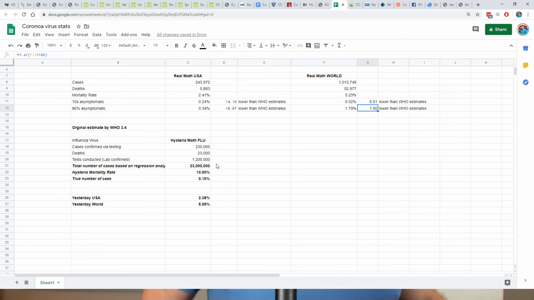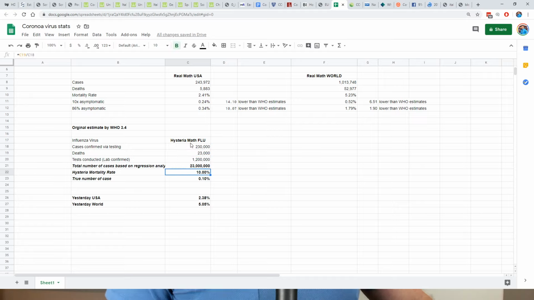And again, we compare it to the flu. Big difference here is total cases of flu confirmed. This is the deaths. This is the total people that are lab confirmed. We have the bigger number. That's the number that we're missing up here. Okay, that number is going to be 10 up to 20x more people, according to Dr. Chavez over in Ontario. So once we know that here, if we did the 23,000 dead over the 230, that would give us a 10% death rate.